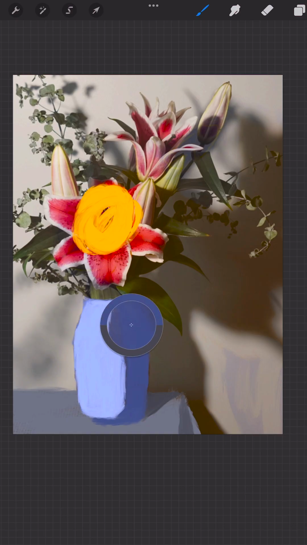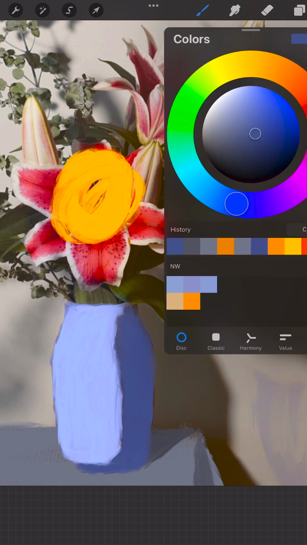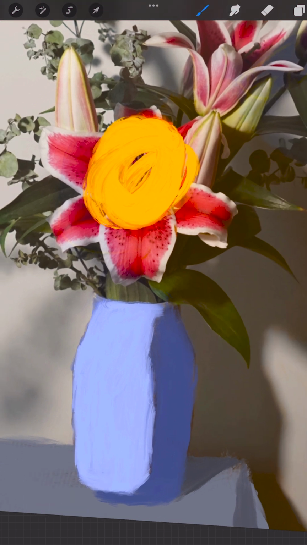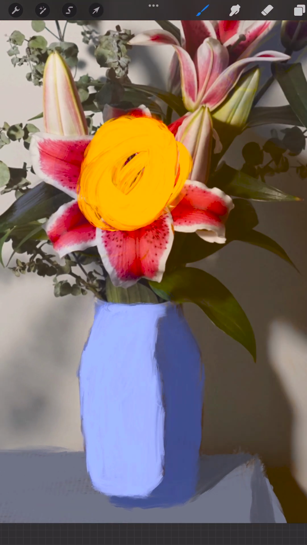So we've done kind of an initial set of blocking for our still life piece. Next, we're going to try to get some more of the details in. Maybe again, I'm gonna choose some colors that I think are appropriate for this piece. I actually like the idea of using this blue, maybe made into even more of a gray. We're gonna add yet one more layer, and we're going to try to get those in here for any of